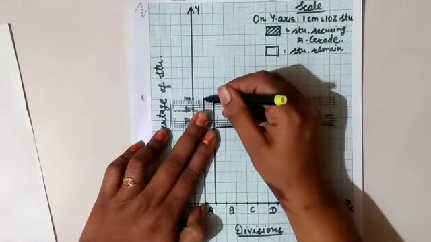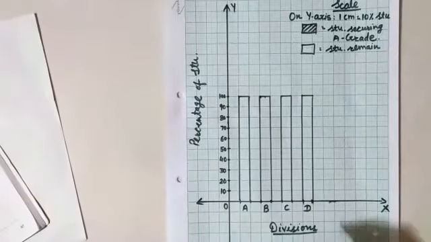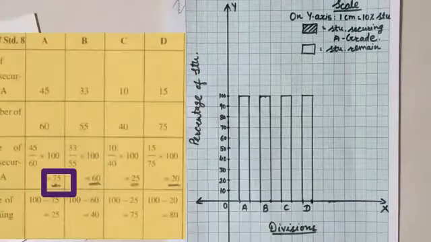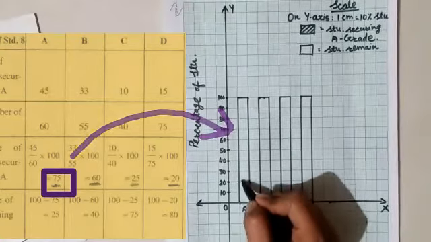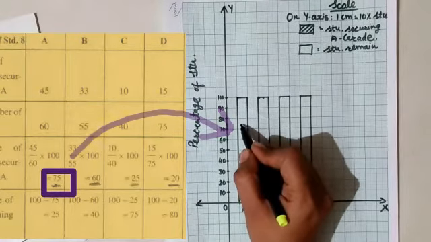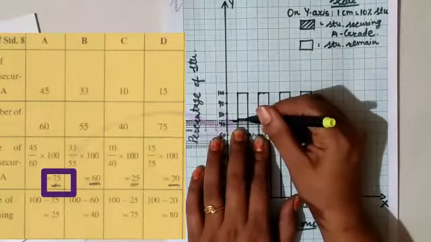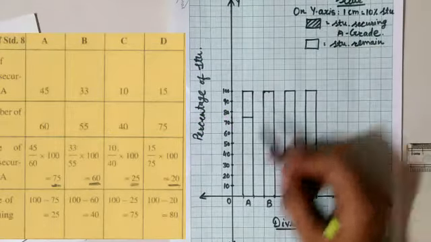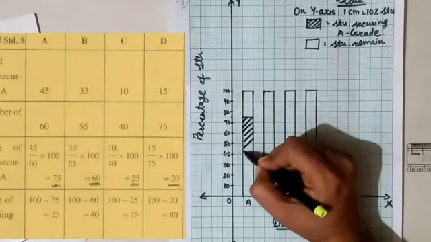As it is a percentage bar graph, each bar has the same measurement. Let's draw it. In this way you have to make the 4 bars for each division. Now from division A, 75% students secure the A grade. So 75% which we have to count. This is 70% plus 5. It means this one, which we have to divide the bar like this, and the shaded portion means the students securing A grade. So that's why we have to shade the rest of the portion.